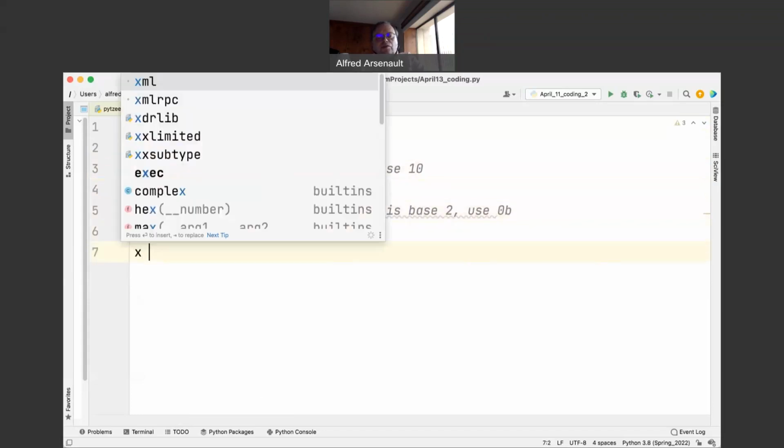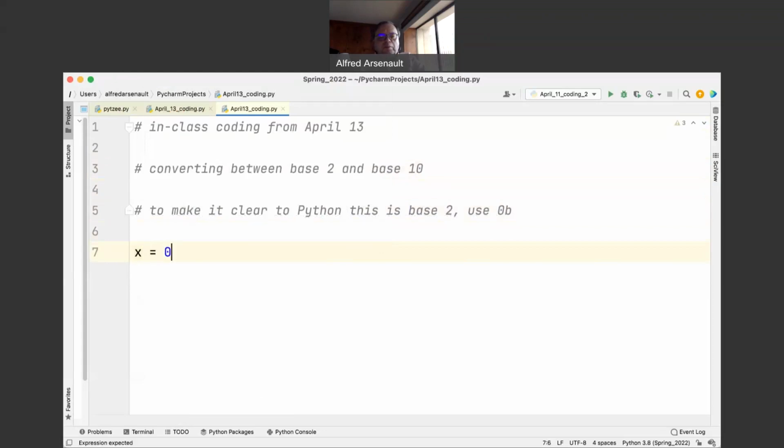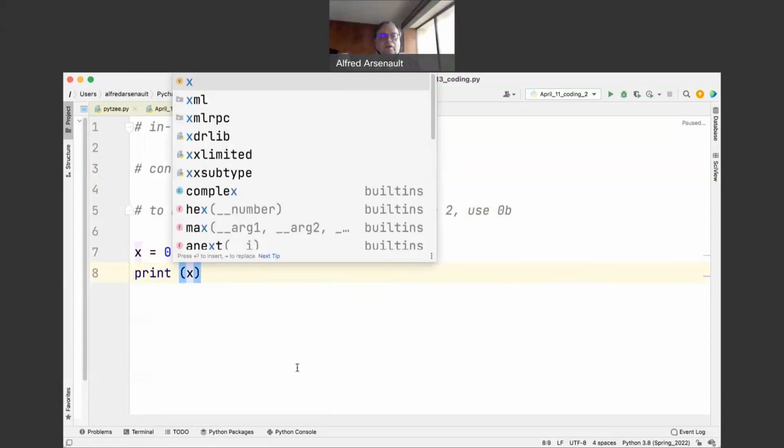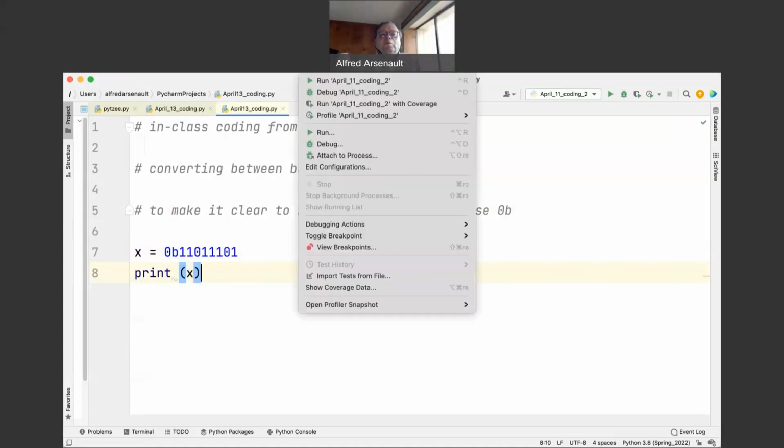So x equals 0b11011101. x is now a binary number. Print x. Okay, and what will happen when we run this code